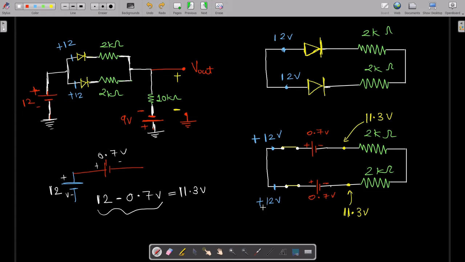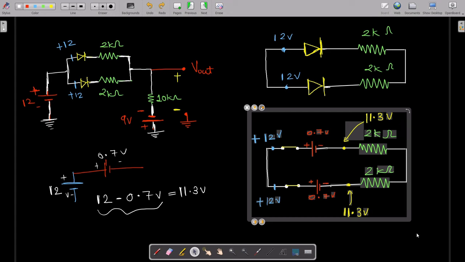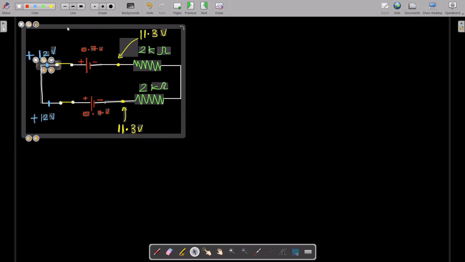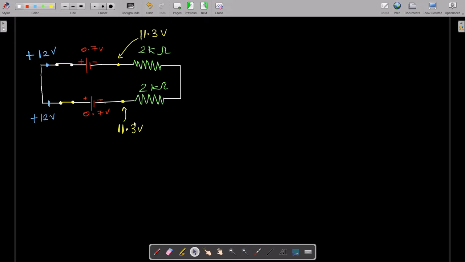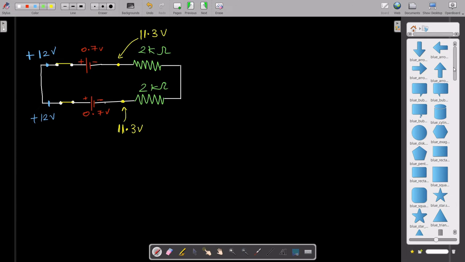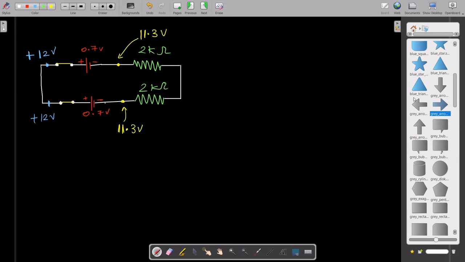Now let me take the same circuit and we are going to process it further. Let me go to the next page. Yeah, somewhere over here. Now we are getting the voltage as 11.3 volts. So this is what we are understanding. Let me take the help of the different chips which are available over here. Anyhow, I don't use this that much, but now it would really help us.